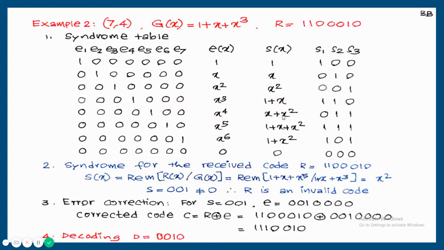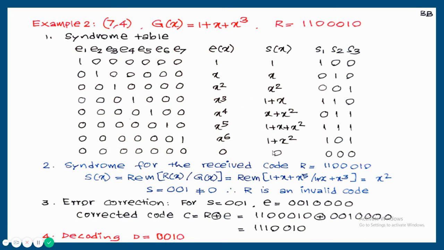So these are the syndrome polynomials. Each syndrome polynomial is written in terms of ones and zeros. 1 is 1, 0, 0. X will be 0, 1, 0. X square will be 0, 0, 1. 1 plus x is 1, 1, 0. So these are the equivalent syndrome bits. Remember, these 7 combinations are going to be used finally for the implementation of the decoder system. That AND gate connection is based on this combination.